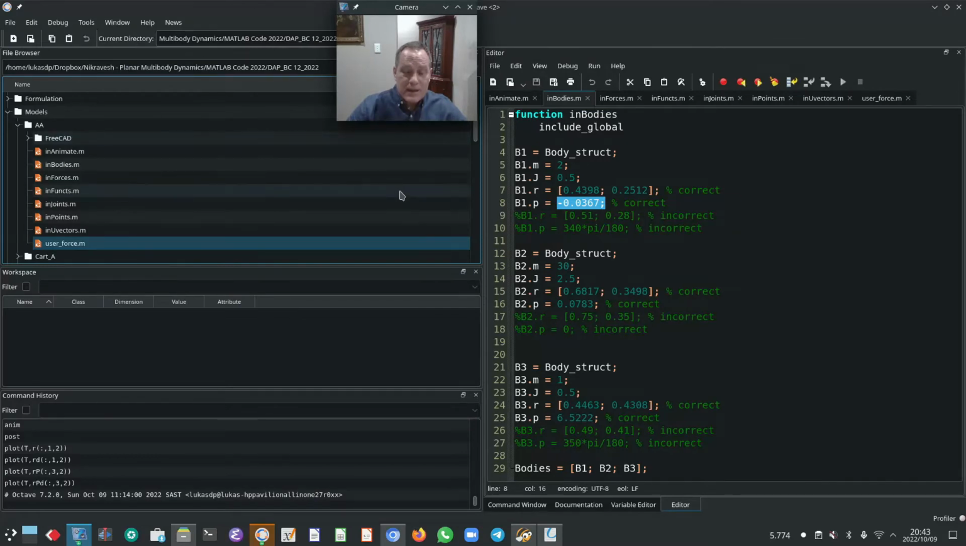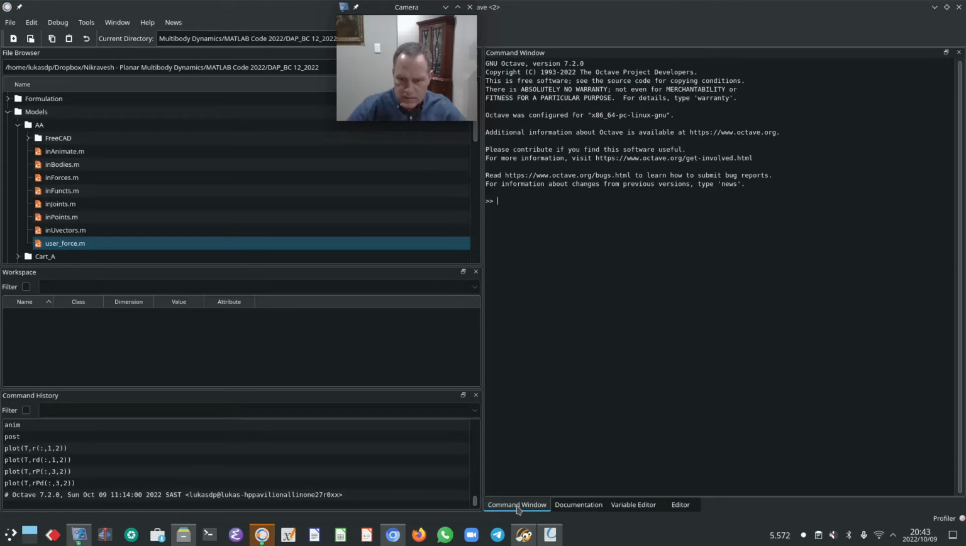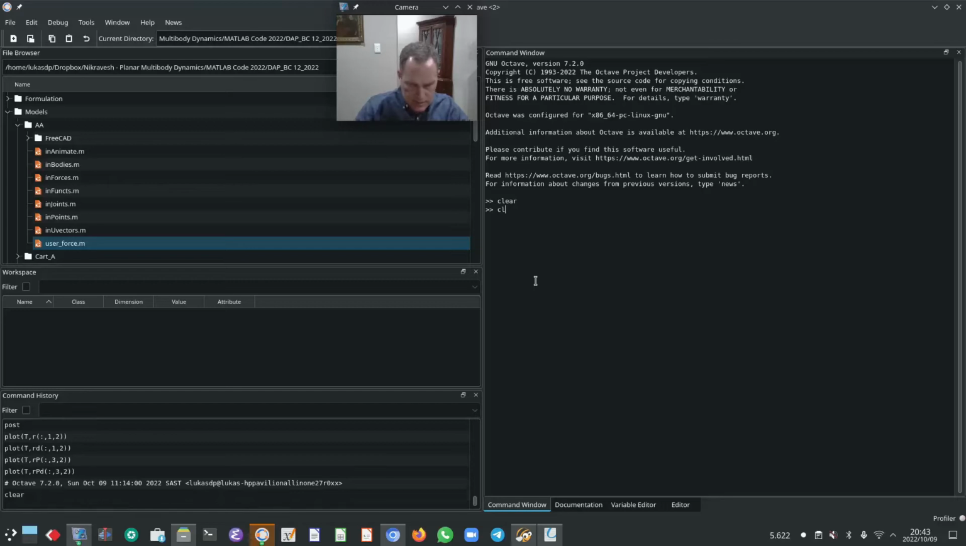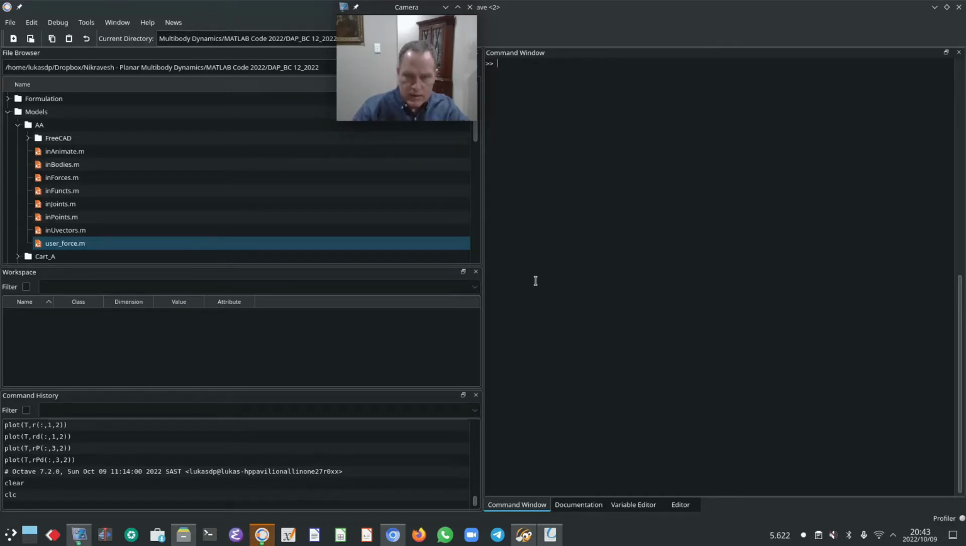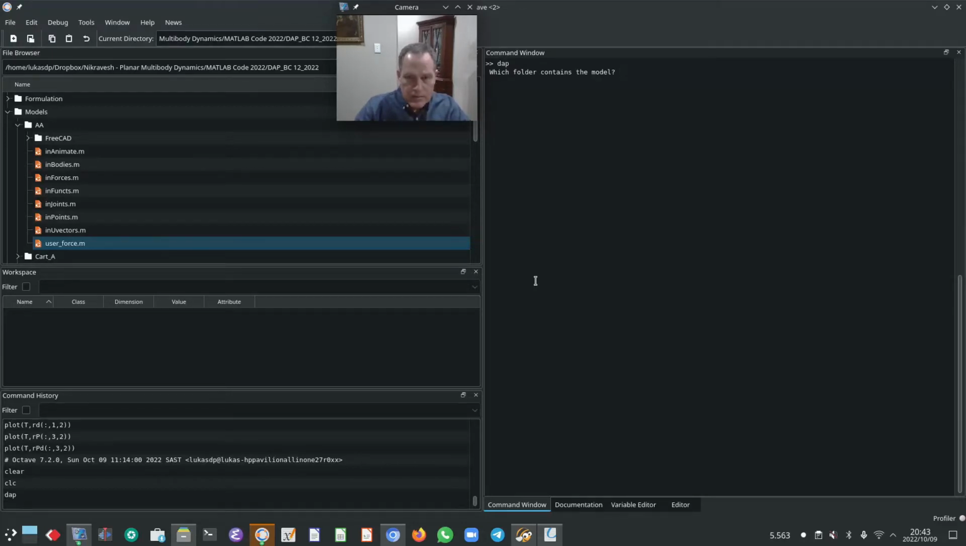Okay, so let's quickly run the simulation. In order to do so, we go to the command window, we enter the word clear, and we also clear the command window, and then we type in the letters DAP. The program asks us which folder contains the model, and this is now the folder AA. Do you want to correct the initial conditions? Okay, so